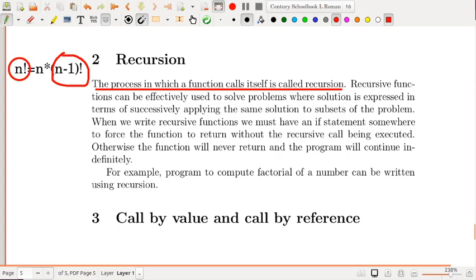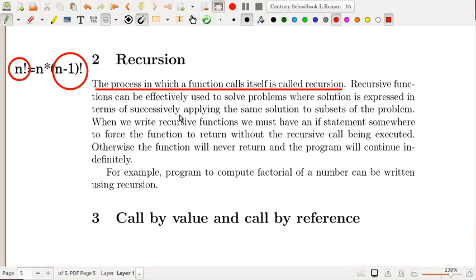This type of thing is called recursion. In fact, we will see one example where we find factorial using recursion. Inside the function definition, you will again get a function call to the same function. Such a function where the function calls itself is called recursion.